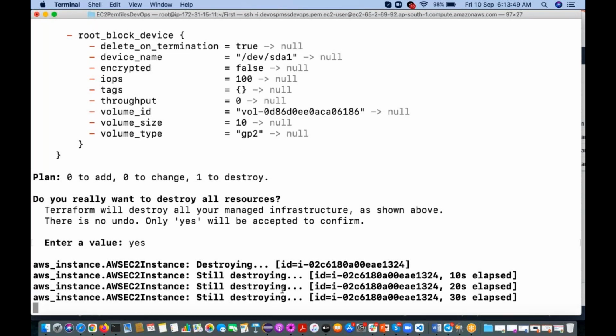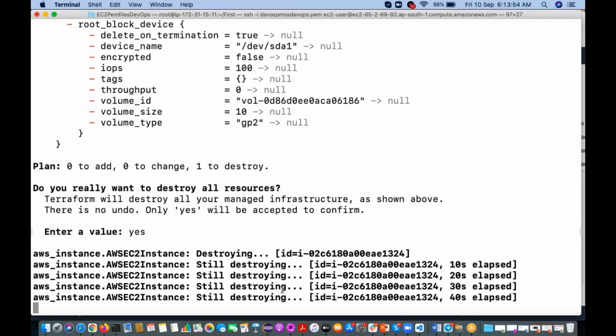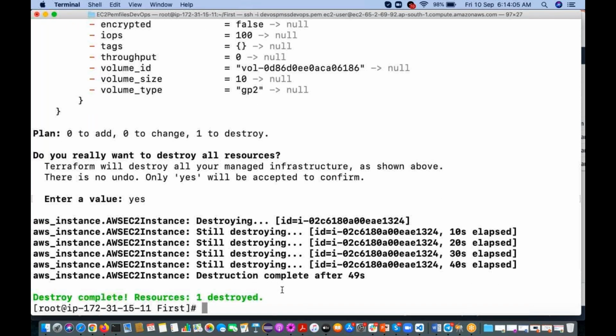Because suppose you are executing one Terraform script from your laptop, and another DevOps engineer is going to execute the same Terraform script from his laptop, right? That time it is very difficult. That's why we keep this Terraform state file in one centralized place, which everyone refers to.